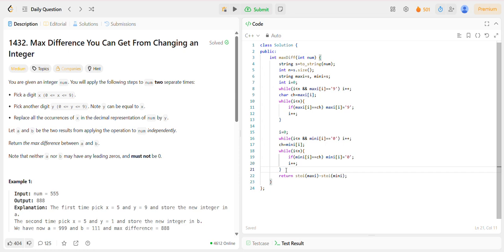So now we are going to change the code according to this problem. We will keep the first part of the code as is, because that is the way we can achieve the largest number. There is no change in that. Whereas when we go to the smallest number,